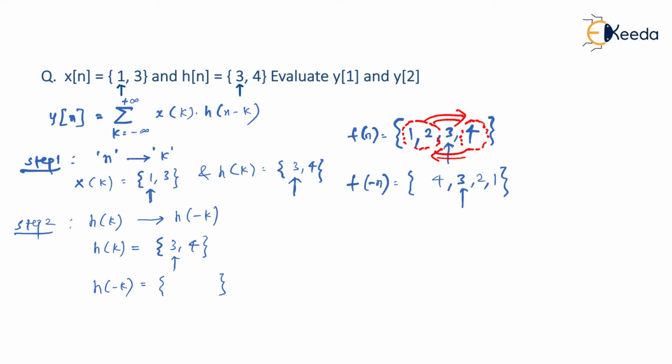Using same logic, try to understand this 4 will get shifted here. Okay, so it becomes 4 comma 3. As I said, in time reversal, n equal to 0 position doesn't change, therefore arrow mark remains here only. Is that right? So I'm sure now you have understood how to go for a time reversal property when it comes to a discrete time convolution.